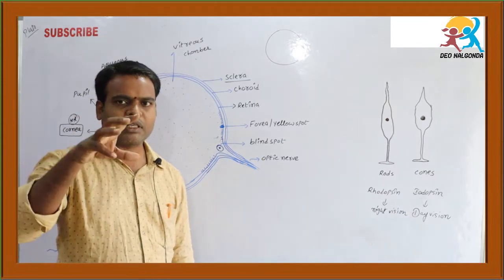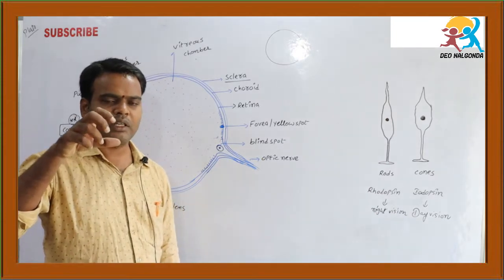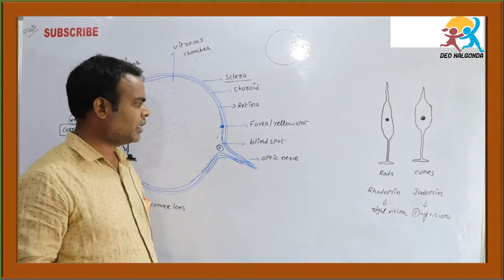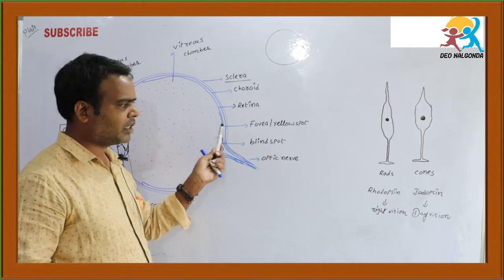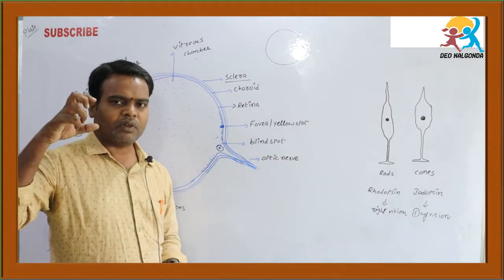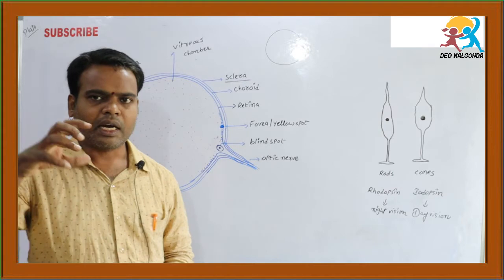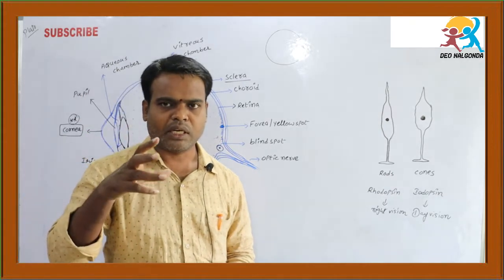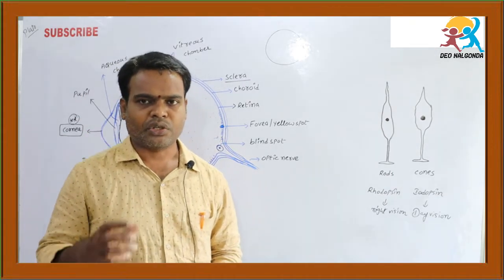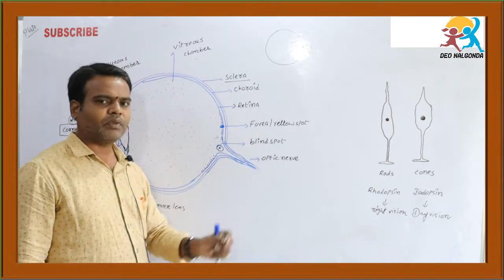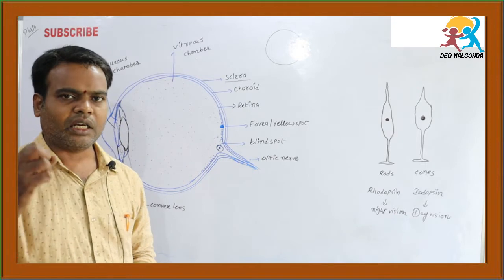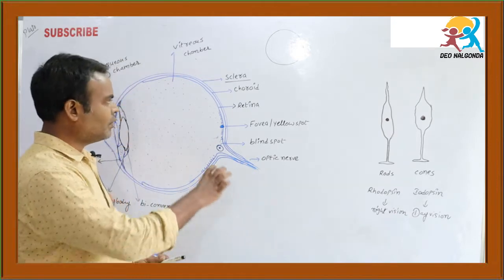When you focus on a certain thing, when you concentrate and watch the things, the fovea, means the cells present in the yellow spot, nothing but the cones, work very actively, and they are useful for the identification of things in a sharp manner. So the fovea is useful for the identification of things in a quick manner. Okay, so that is about the retina.